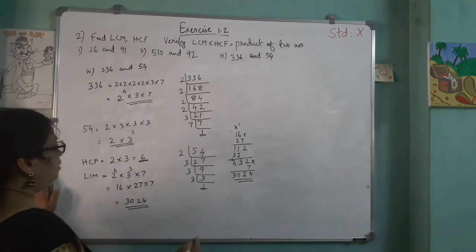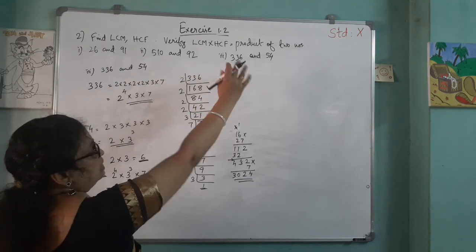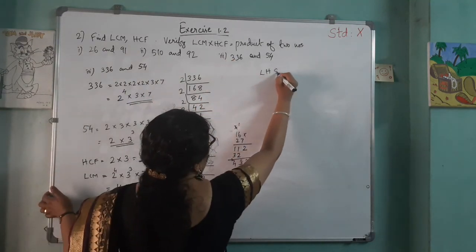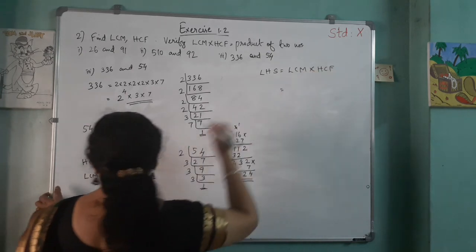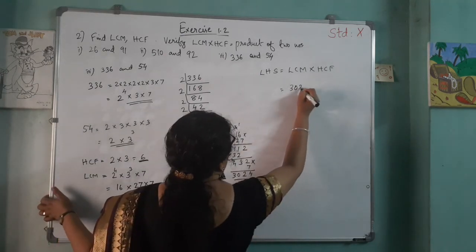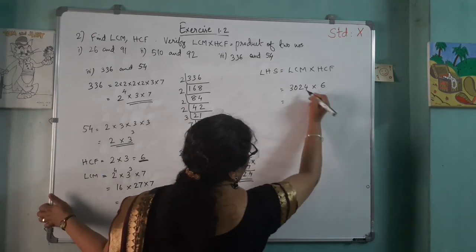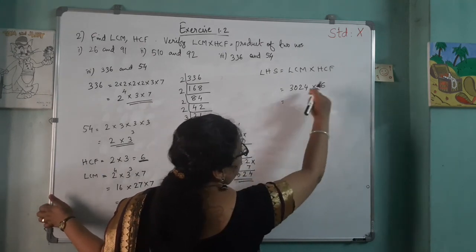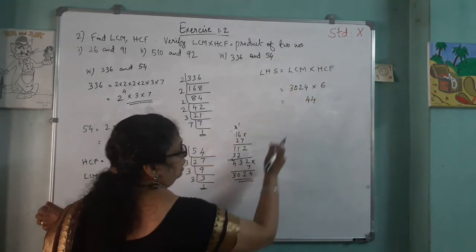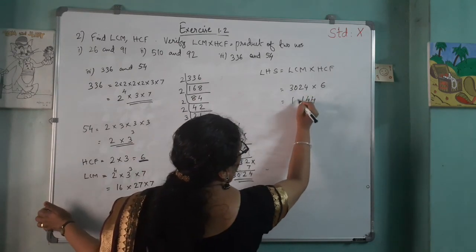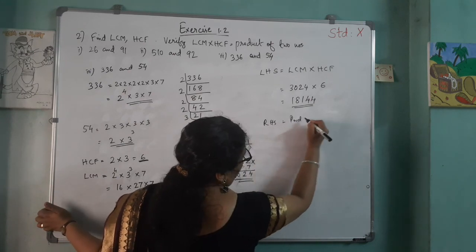Then next, we know that the equation for verifying is LCM into HCF equals product of numbers. So LHS equals LCM into HCF. LCM is 3024 into HCF is 6. Horizontally we can multiply. 6 4s are 24, 2 carrying. 6 2s are 12 plus 2 is 14, 1 carrying. 6 into 0 is 0 plus 1 is 1, then 6 3s are 18. Then RHS equals product of numbers,